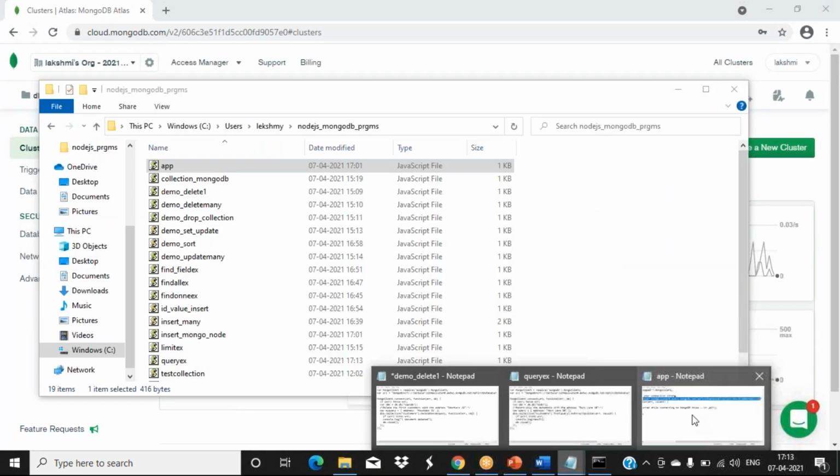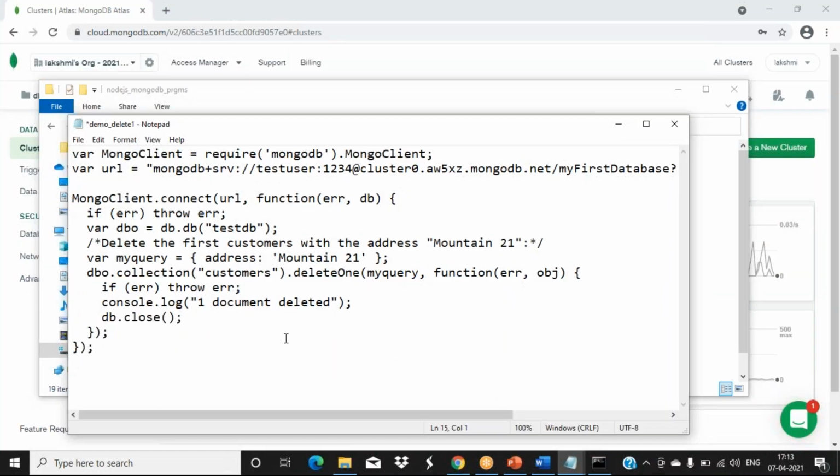Now we have your delete option. So see in the delete, what we are doing is search for this particular value where the address equals this Mountain 21. Delete that particular document. Okay. So the deleteOne method is there. The query you have to search it there. Then the value we have to display. So see here.